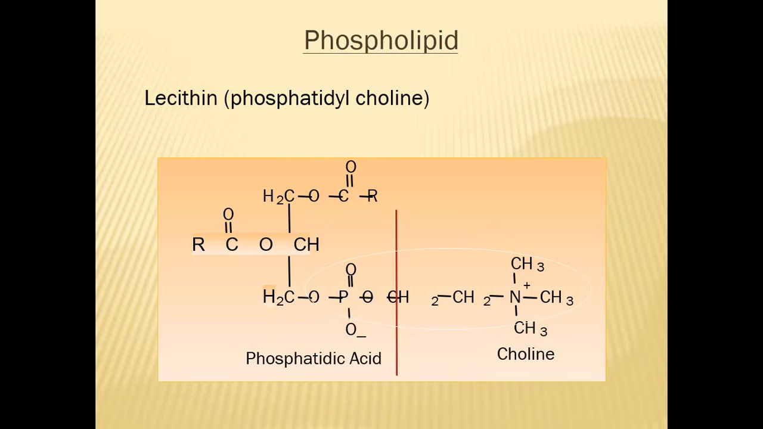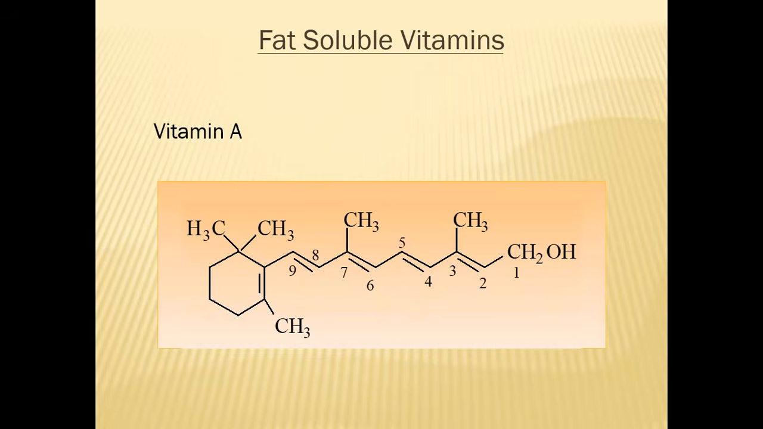Then we discussed different types of phospholipids present in the body, like lecithin, which is phosphatidylcholine. Phosphatidic acid combined with choline is known as phosphatidylcholine, known as lecithin. Then we had four fat soluble vitamins: vitamin A, D, E, and K. Vitamin A is needed for vision, growth, and repair, specifically for vision. Its deficiency causes night blindness,